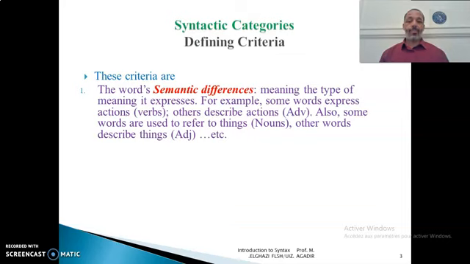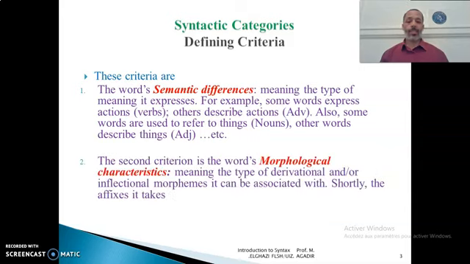The first one, the semantic criterion, means the type of meaning the words express. For example, some words express actions, like verbs. Other words describe the actions of the verbs. That's why they are called adverbs. There are some other words which are used to refer to things, and there are other words which are used